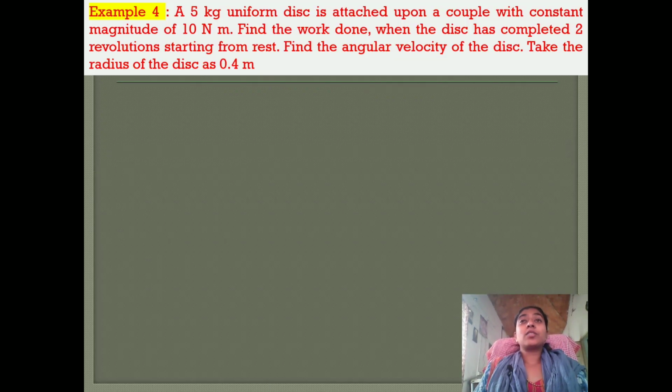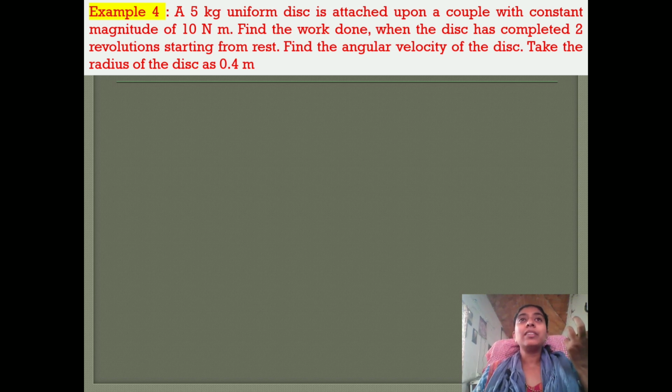We saw the basics of kinetics in the last class, and we solved three problems also. So we will continue with our fourth problem. Our fourth problem is a 5 kilogram uniform disc attached upon a couple with a constant magnitude of 10 Newton meter. So you have a uniform disc. We know the moment of inertia of the uniform disc, and it is attached upon a couple with a constant magnitude of